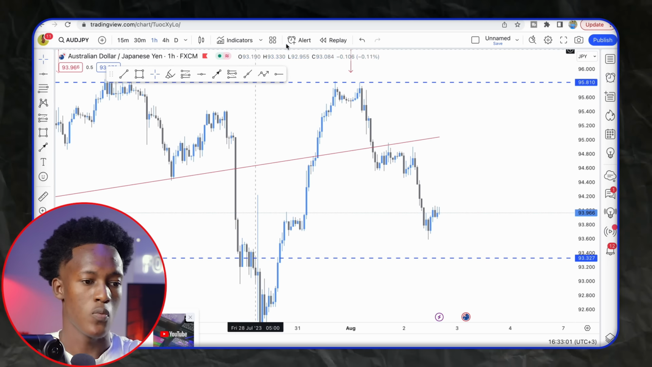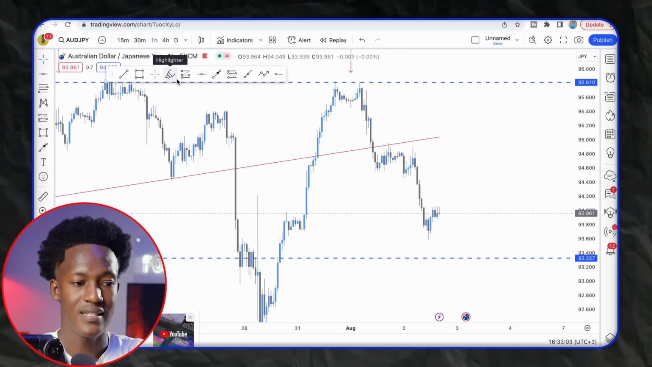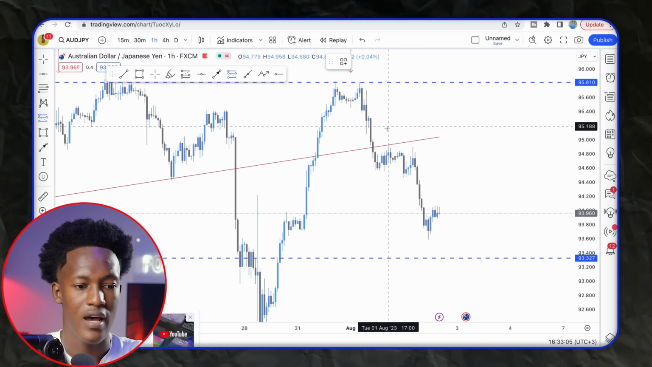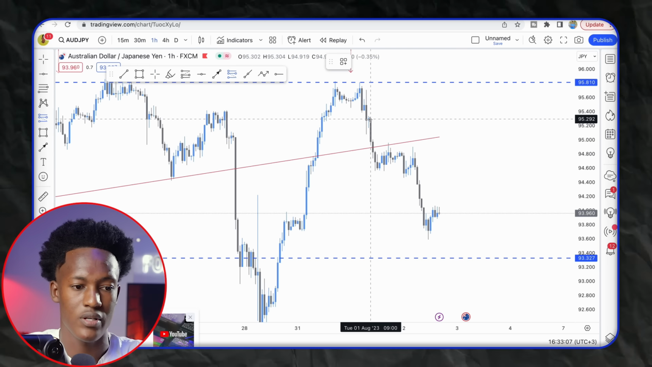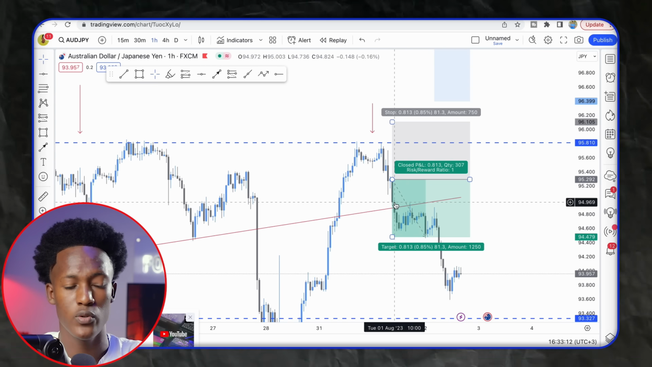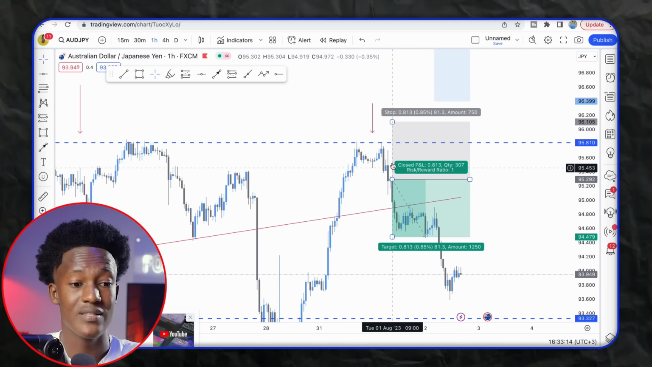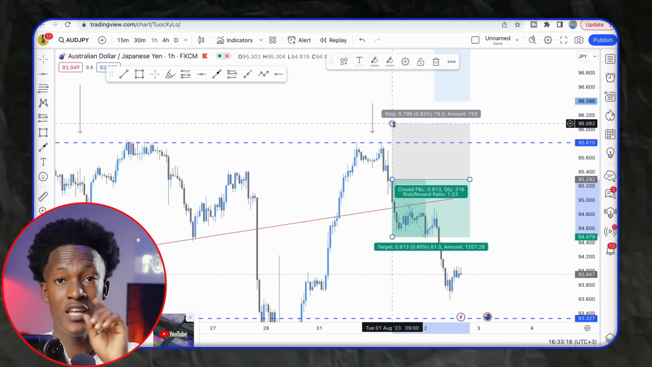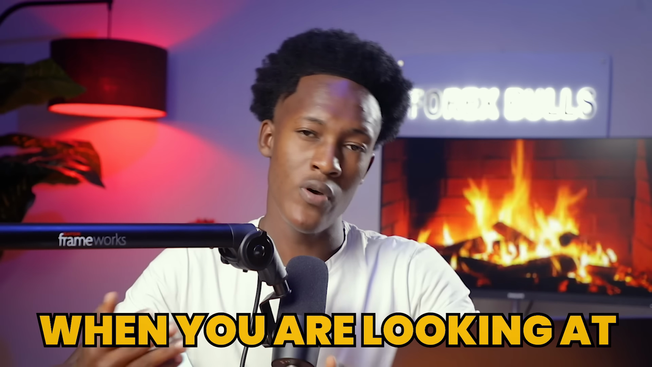All right, so let's say the move has started and you just came and put your entry right around here. Okay, that's okay. You have gotten a very good entry, but guess what? Your stop loss is way bigger, because